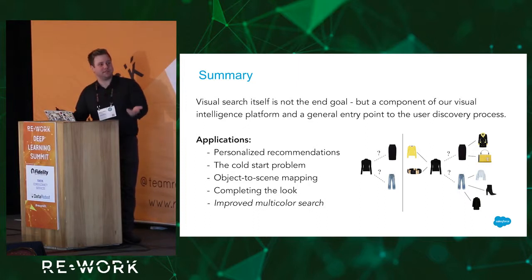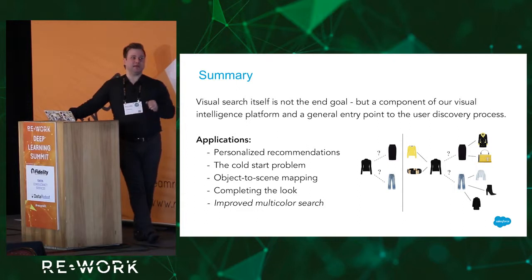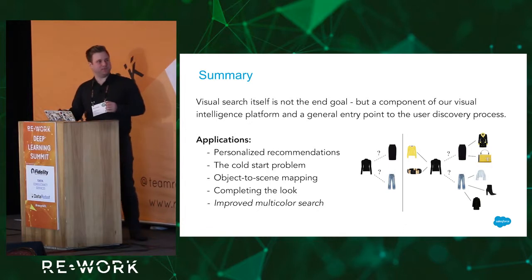You can create object-to-scene mappings. You can do outfit proposals, what we call completing the look. There's so many applications. Really, it enriches all of your data in your catalogs to have attribute APIs and visual APIs. So the last example I wanted to show is